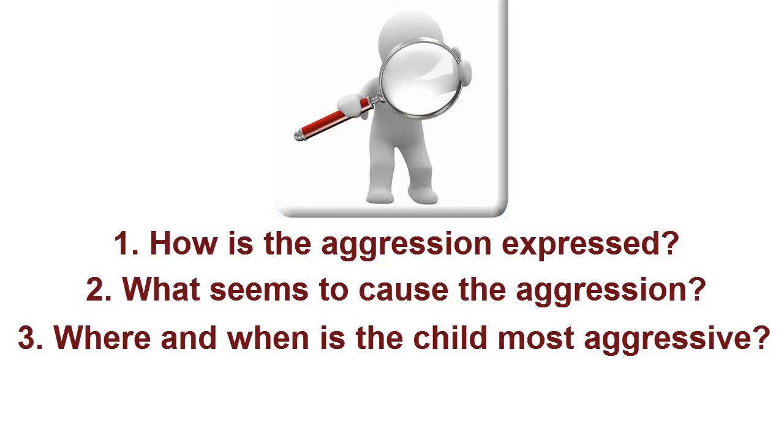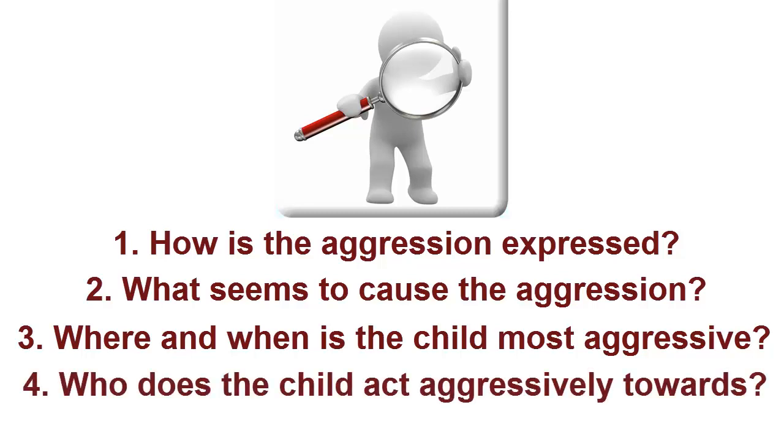And the fourth and final question is, who does the child act aggressively towards? Is the target of the child's aggression one person in particular, or will he act aggressively to anyone who is around him? If it's one person in particular, try to find out the reason why the child is attacking that person. Is there anything that this person does when he or she is around the Asperger's child that causes the aggression to occur? For example, overly aggressive play, poor match of personalities, lack of clear-cut rules, loud voice, and so on.